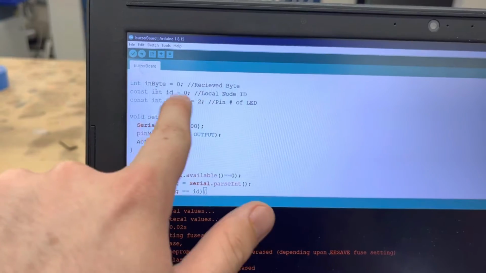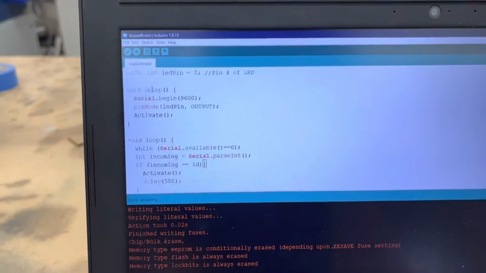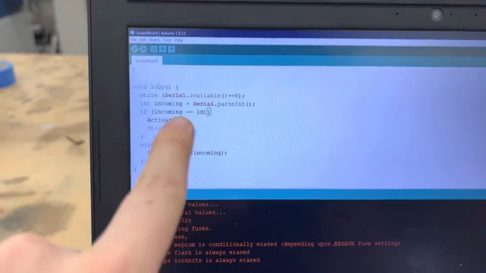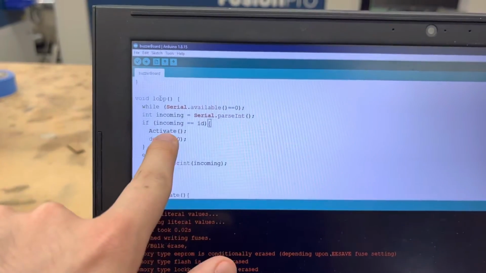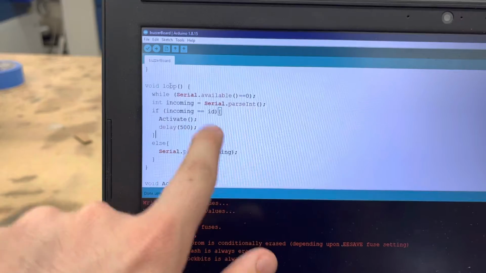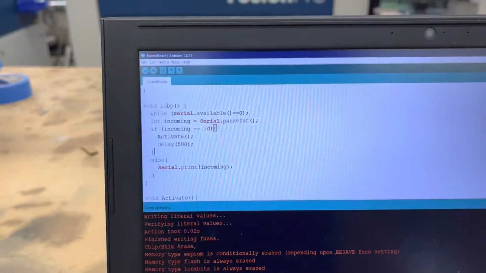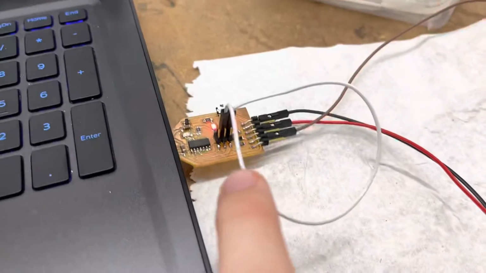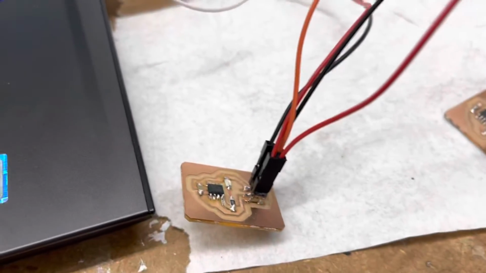So the local ID is based off of which board, and if that incoming ID is the same as our local ID, then we want to flash the light. Otherwise, we want to pass this local ID, or the ID that we just received, onto the next board through TX. And so as you can see here, this provides power for my circuit, but this is the master board